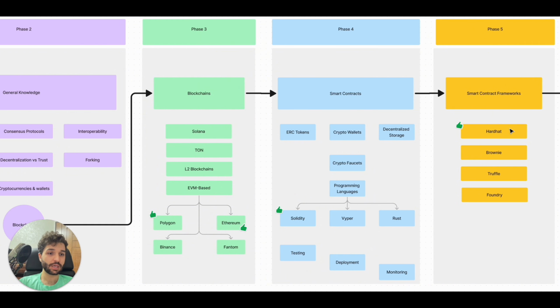So again, we have 4 options here. My suggestion is Hardhat. You can learn about that. You can deploy your smart contract on Hardhat and write an application and connect to that. That I will discuss in phase 6 or 7.